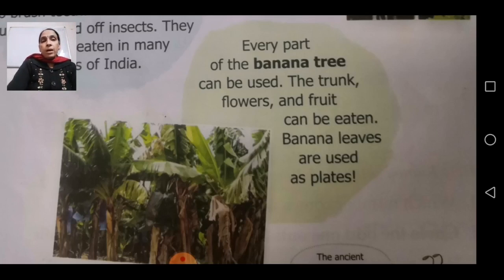So these three plants are very important. The first one is the neem tree, the second is the coconut tree and the third one is the banana tree. What you have to learn are the important parts which I am telling you right now. You won't memorize the whole paragraph on the banana tree. You just learn that banana tree leaves are used as plates. Then we can eat their flowers and fruits also. So that is two, three, four maximum, two or three points.